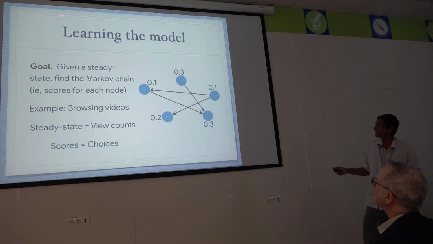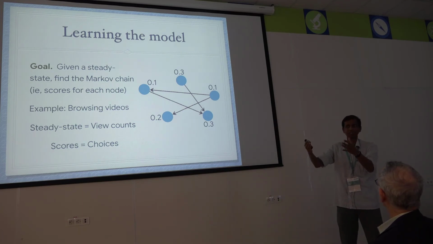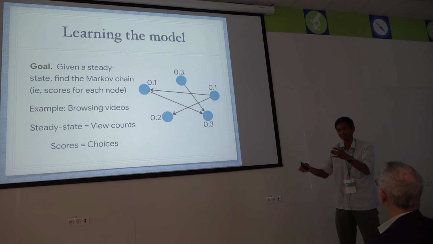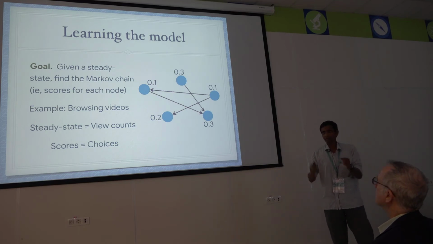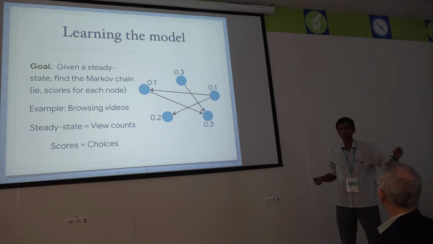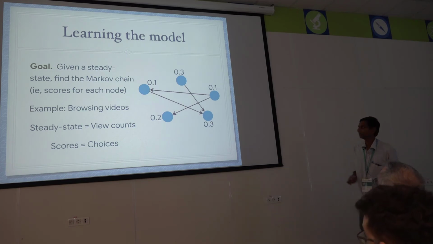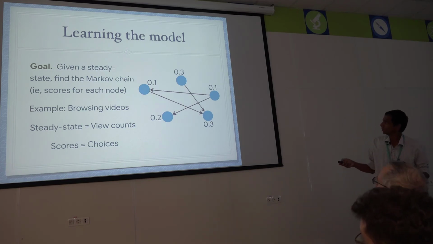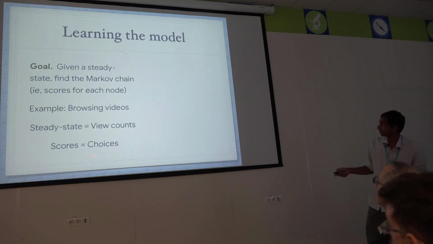And the motivation for studying this model is that we were looking at how people browse on YouTube. So in YouTube, you go to a video, you finish watching, at the end it gives you a bunch of recommendations, right? So you can think of that as like a random walk. You're doing a random walk on the graph of videos, and what we know is how many times each video is observed. I know the view counts, how many times people watched it, but I want to construct the Markov chain of how people actually make the choices. That we don't know. So in other words, the problem is you're given a steady state.